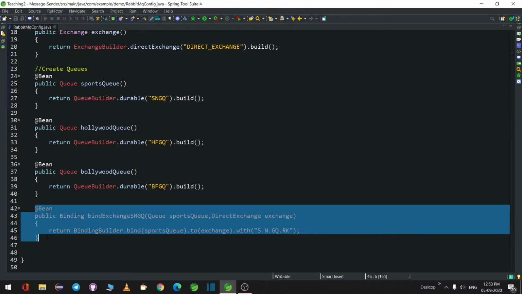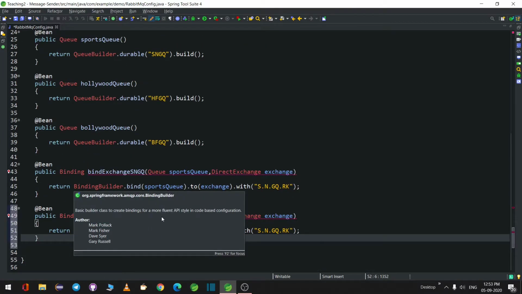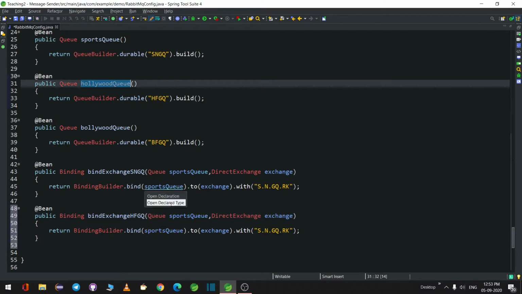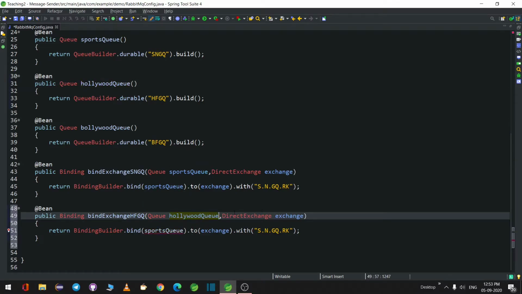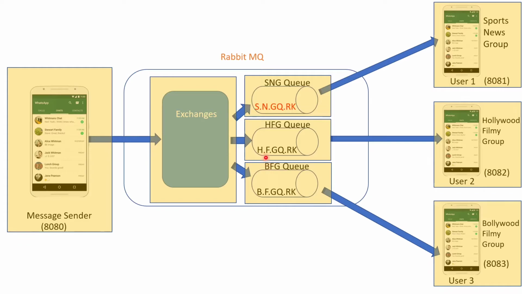In the same way we have to do it for the other three queues. I'll just copy paste. I'll mark it as HFGQ. What type of queue is it? Hollywood queue, I have to mention. I'll just copy and paste the Hollywood queue. It is a direct exchange, same thing. The routing key we mentioned for the Hollywood queue is h.f.gq.rk.